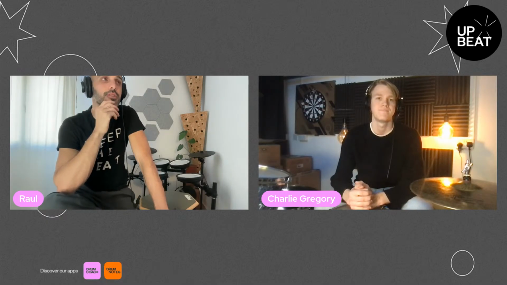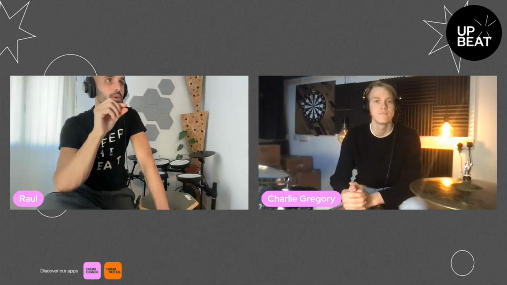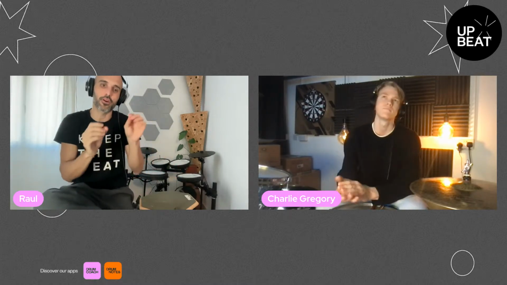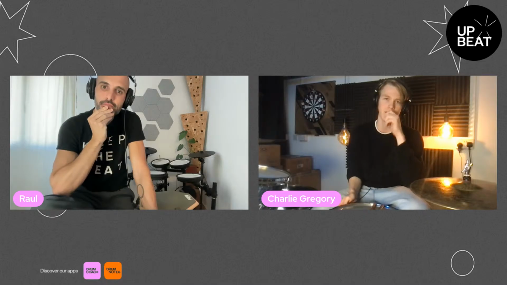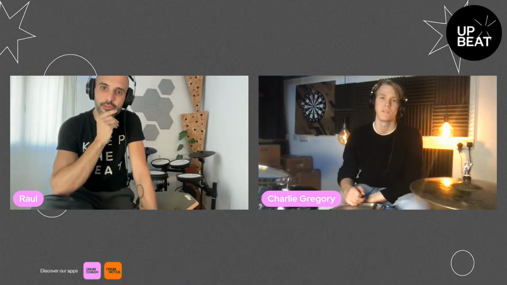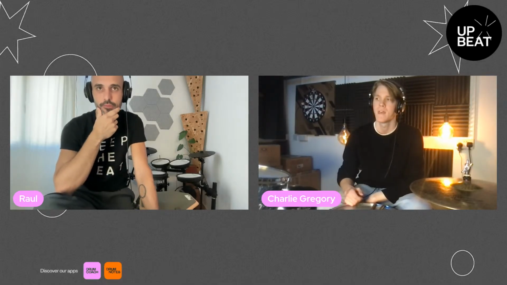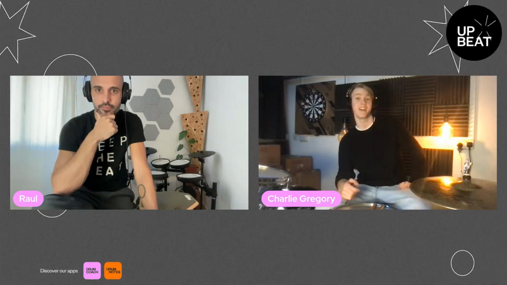Okay, can we consider then ghost notes being just super low volume notes in general? It can be in the snare drum, it can be in the toms, it can be anywhere. Can we consider the same thing, or is there anything specific that we say, oh, this is a ghost or not, this is a low volume note? I mean, it's a hard one to define, I think, because you can definitely do ghost notes with your kick drum just as much as you can do it with your snare drum. Okay, so I guess it is everywhere. For me, mainly on the snare drum. That might just be me being very uncreative and only using them on the snare drum.